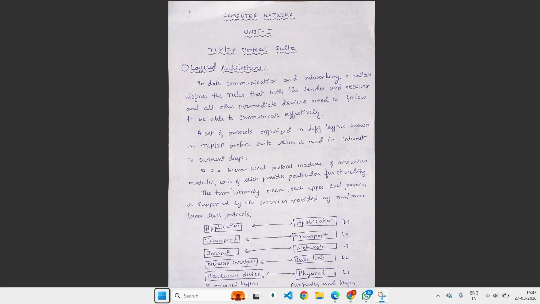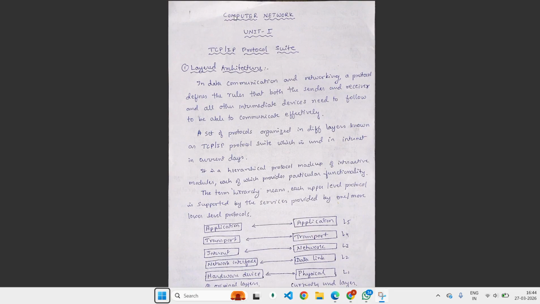The moment I say the word hierarchy, you should be able to understand the meaning of that. So hierarchical protocol means the higher layer protocols are supported by the services which are provided by the lower layer protocols. So before knowing the TCP/IP layers, let us know the layers which are present in the